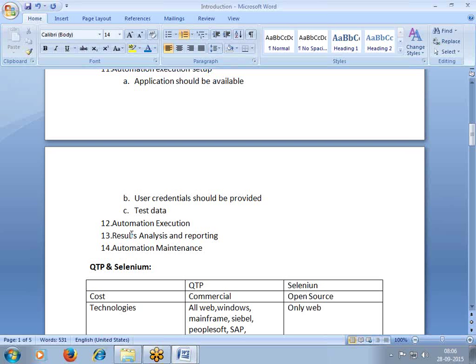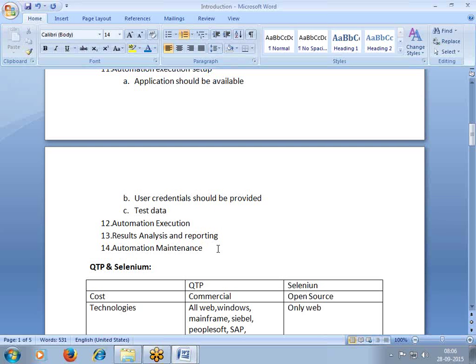Once you analyze all the results, then you have to generate an execution summary report, and that report will be shared with all stakeholders in the project. After that, in every execution there can be some changes in the application, so we have to modify our